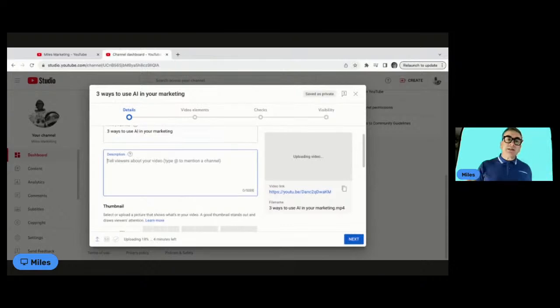And what I would suggest you do with this is that you fill the top bit in that is relevant to, as this one is, 3 ways to use AI in your marketing, right? But then I would produce a standard sort of set of blurb which talks about your business, about your channel, about you, and about the sort of things that you do, with some links that will take you off to look at different stuff,